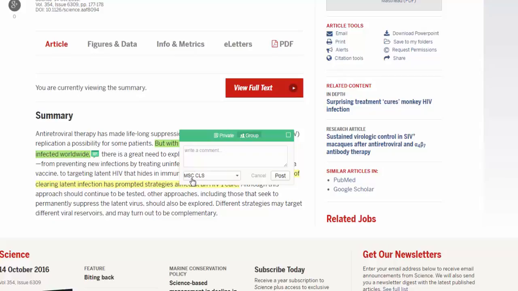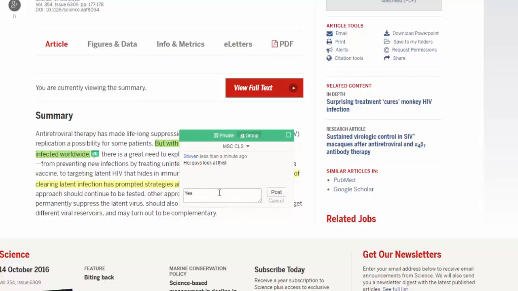And I'm going to say MSc CLS is the group that I want to send it to. And I'm going to say, hey guys, look at this, because I think it's really interesting. So that's the start of the group dialogue, but you can also continue that